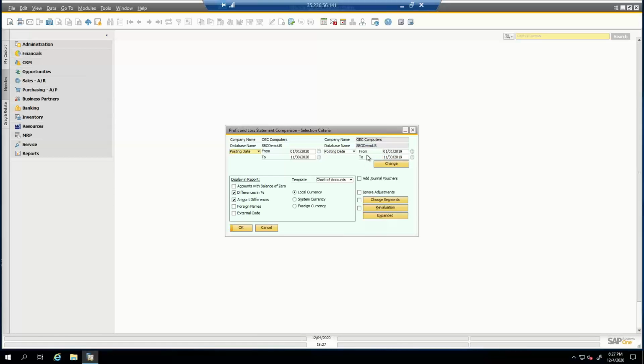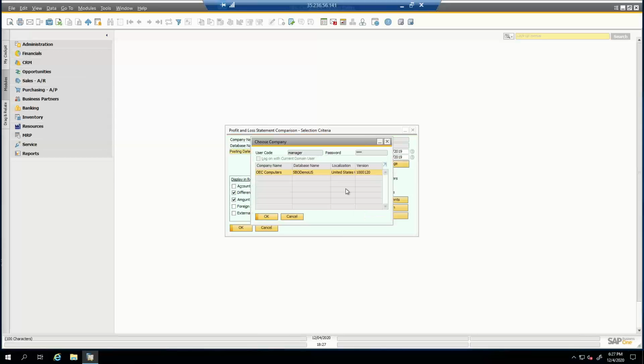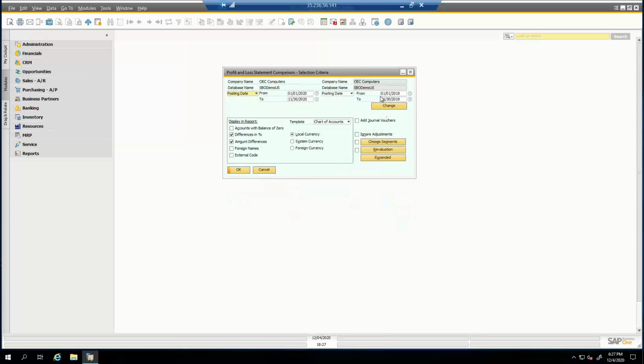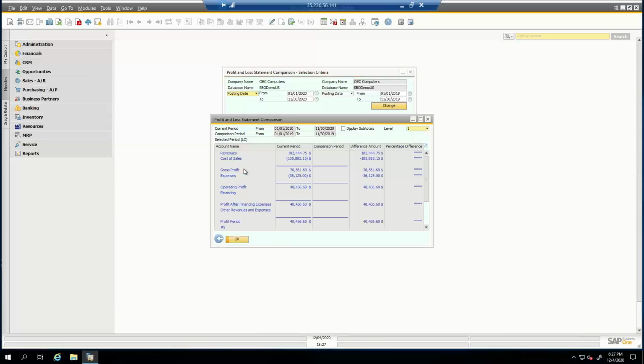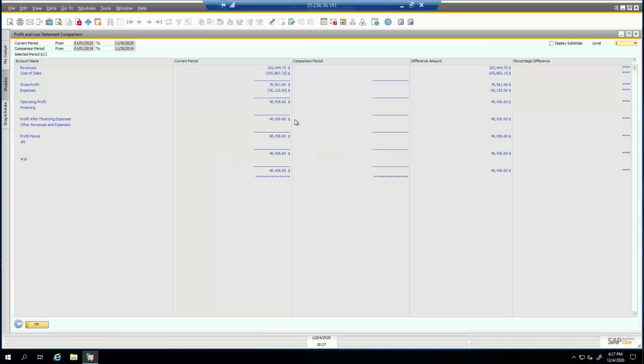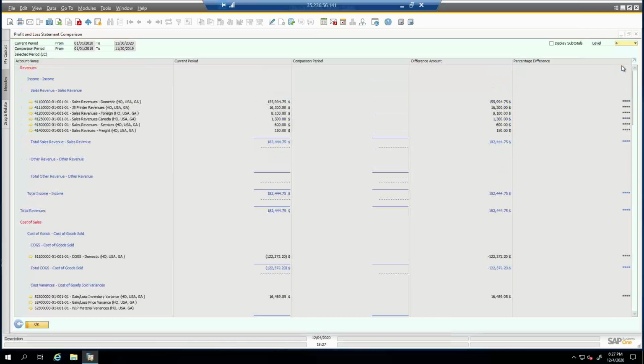11/30/19. And by the way, if you have multiple databases, you could actually compare two different companies, two different P&Ls on the same database. So that will allow you to do that. At this point, I'm just going to compare between two periods within the same database. Just running that, it will give you your P&L, and I'm going to make it a deeper level. It's going to show you your current period, the comparison period of 2019, which we don't have data for because